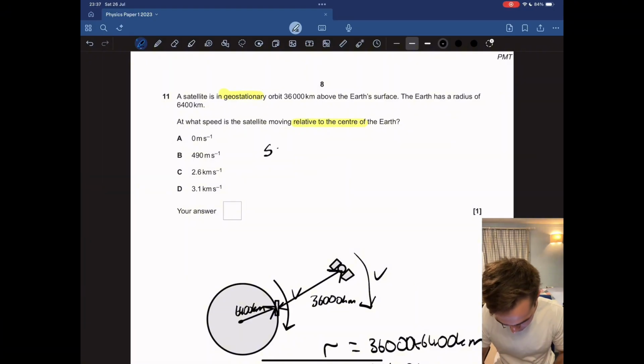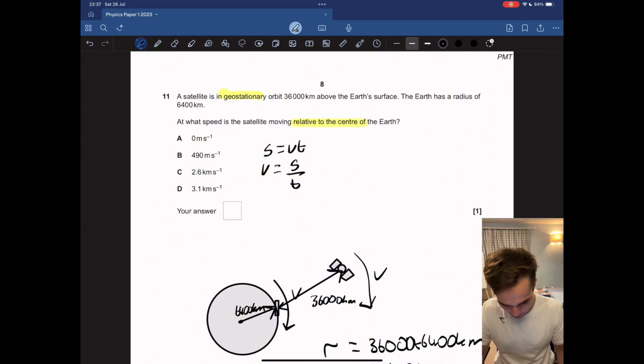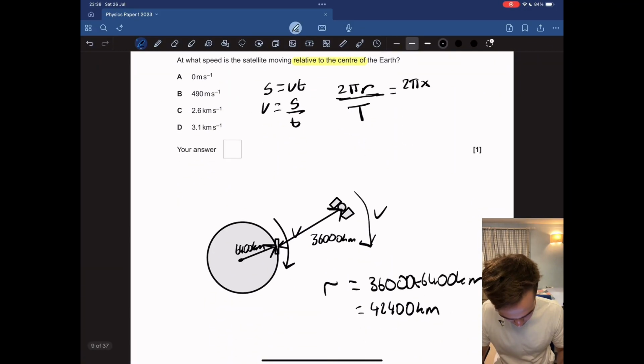So speed: distance is velocity times time, so velocity is distance over time. What's the distance? It's the diameter times pi, or 2 times the radius, so that's the distance of the orbit from the centre. So that is going to be 2 pi r over t, which I guess this t is the time period. So big T, which equals 2 pi times